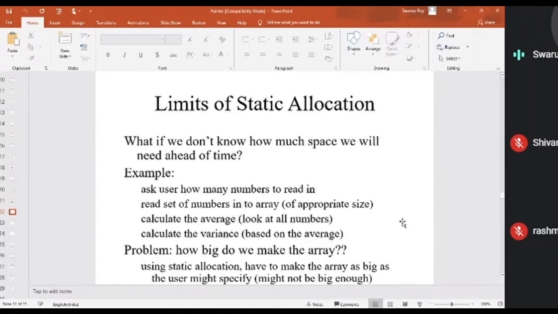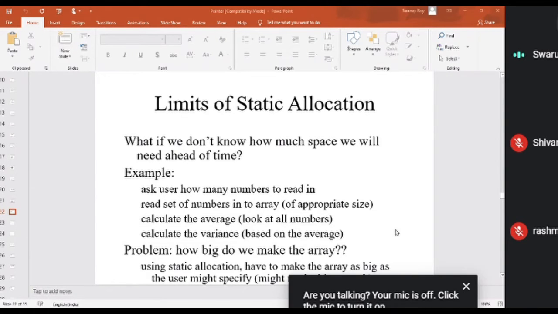Whether you declare int a, int b, or int a5 or int a100, they are all static. Static in the sense that before the program runs, you get all the memory ready for your program. That's why we call it static allocation, because it happens before running the program.